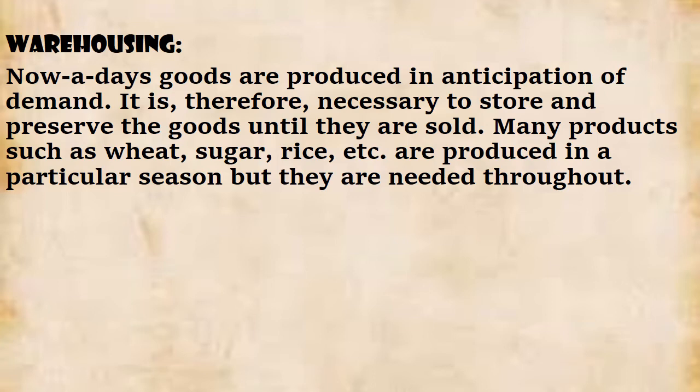The producers usually produce in anticipation. Anticipation means they just predict or estimate the demand, and so they produce in bulk, and now what they need is storage and a place to preserve their goods until they are finally sold. Many products like agricultural products, sometimes with bumper cropping like wheat, sugar, rice, and usually bumper cropping happens with the potatoes. These potatoes need to be stored in cold storage, because